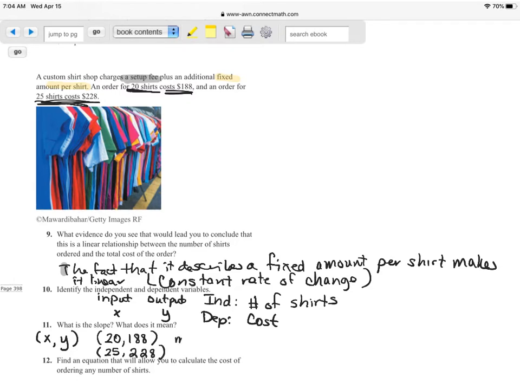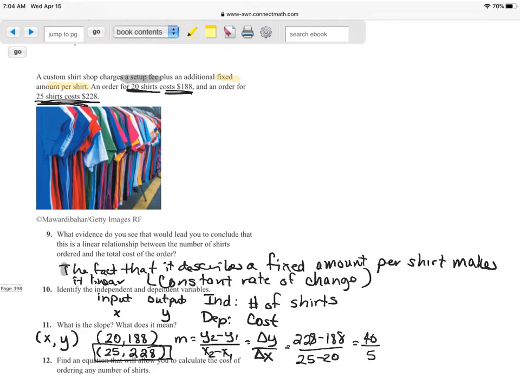Okay, so remember your slope is y2 minus y1 over x2 minus x1, which I said was the change in y over the change in x. Okay, so I'm going to go ahead and do this point first. So 228 minus 188 divided by 25 minus 20. All right, so in the numerator that gives us 40. The denominator that gives us 5. And we get 8. So each shirt